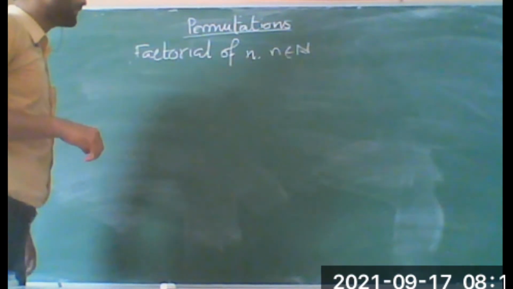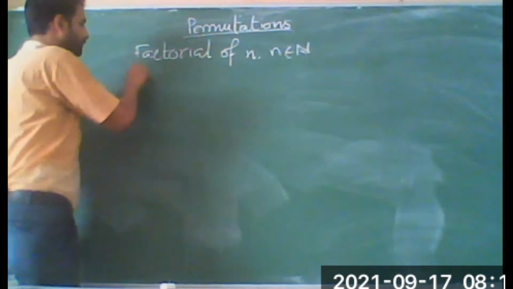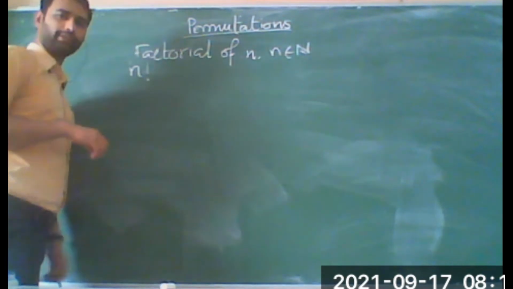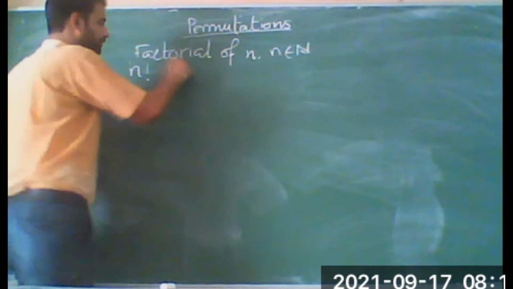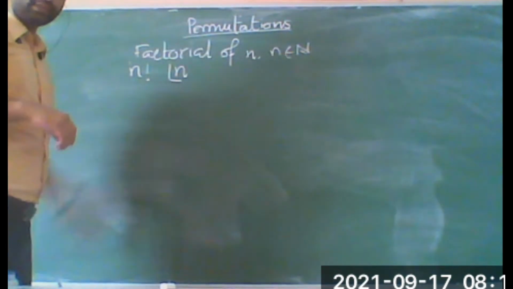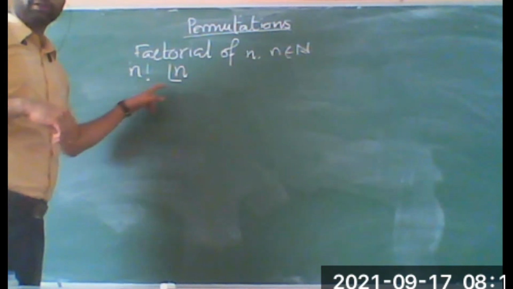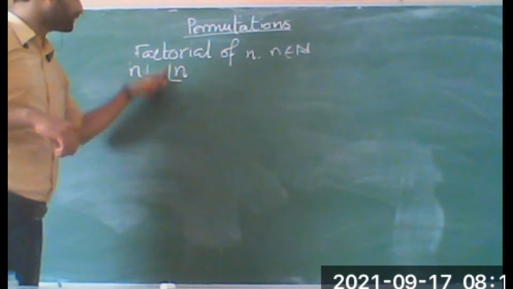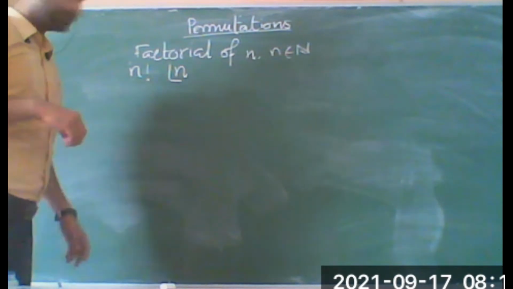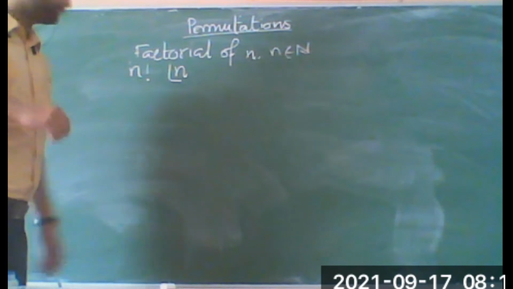So what is factorial n? Usually we denote factorial n with this notation, or sometimes with this notation. N with an exclamation sign is called the factorial of n,